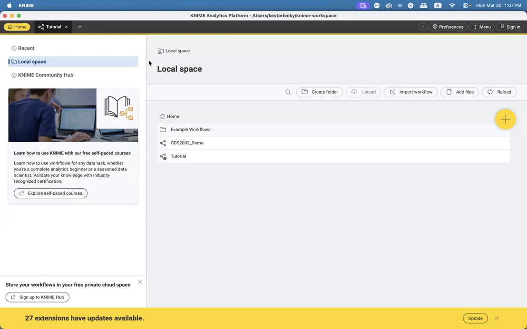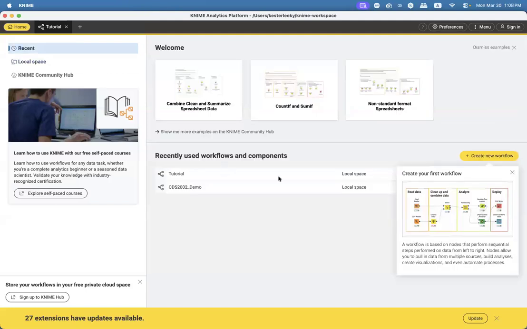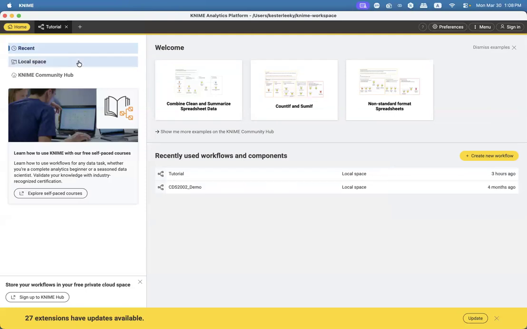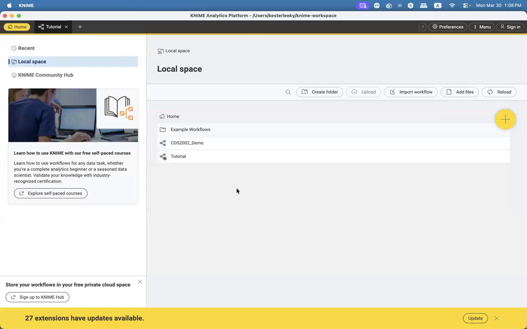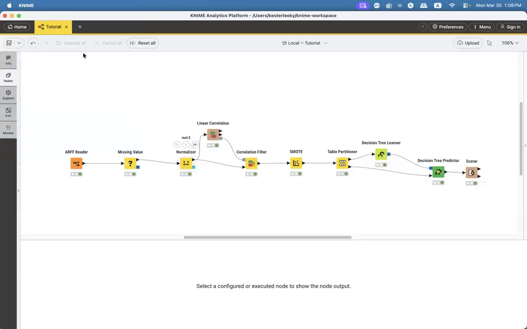This is the UI of KNIME. When you start it, it will show you an interface like this. What you want to do is click the local space, and you'll be able to see all the workflows you are working on in your computer. If you click on it, you will be able to launch the workflow you are working on.